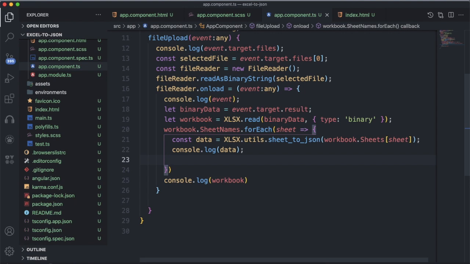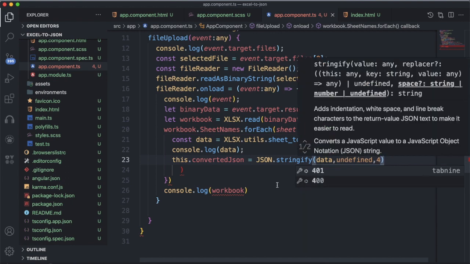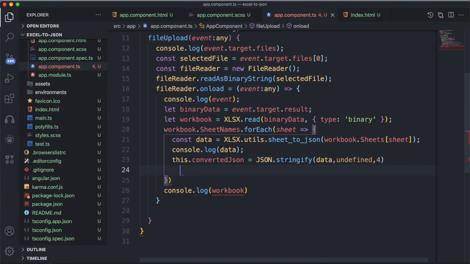Then I will set this.convertedJSON equal to JSON.stringify of this data, and the second parameter will be undefined. The third parameter will be 4, which is the tab indented space. So you need to give that.